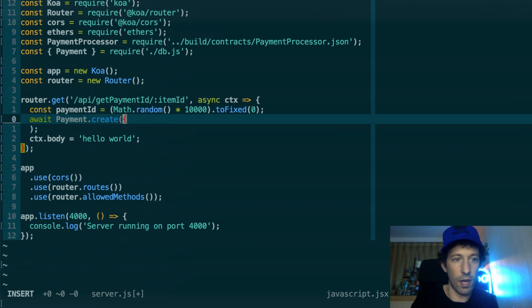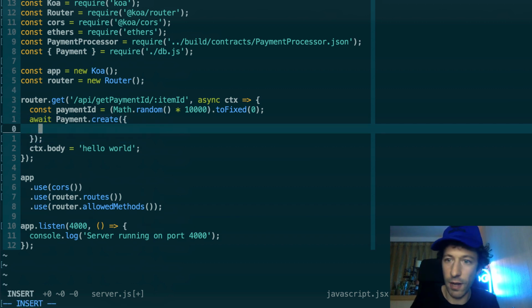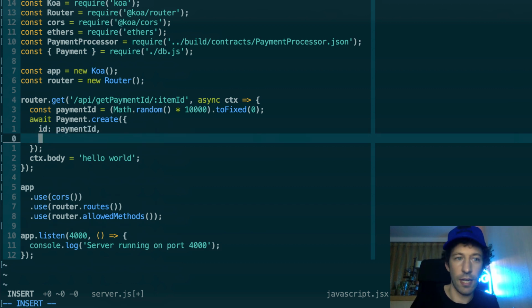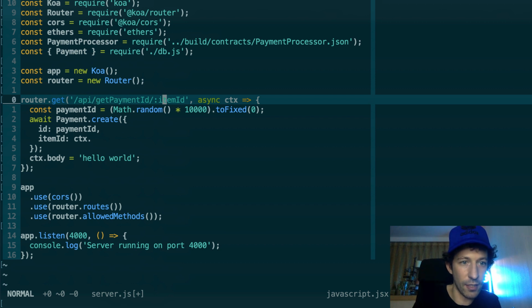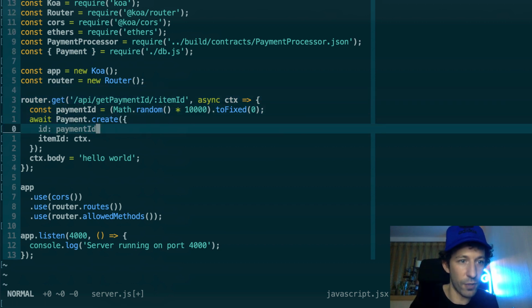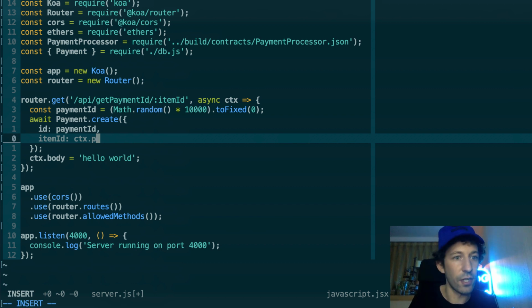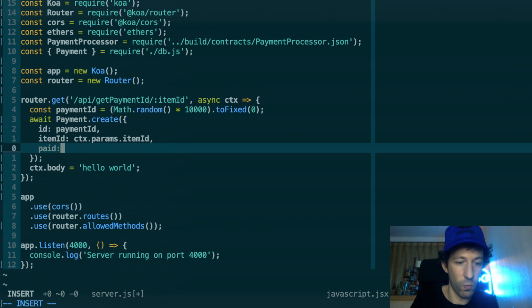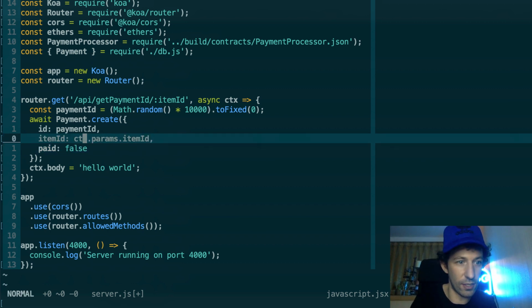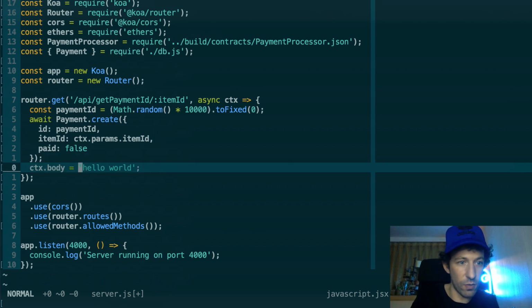And we're going to pass an object inside with different fields. So ID, that's going to be the payment ID, and item ID, so that's going to be passed here as a parameter to our URL, item ID. And so the parameters of the URL in Koa are available in context.params.the name of the parameter. And after that, a Boolean flag. Was it paid? No, because we just initiated the operation. And after, we return the payment ID,